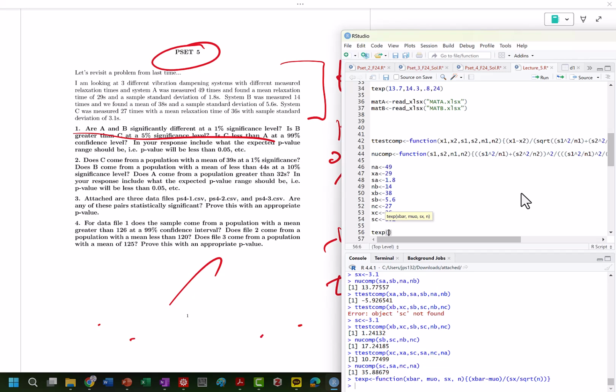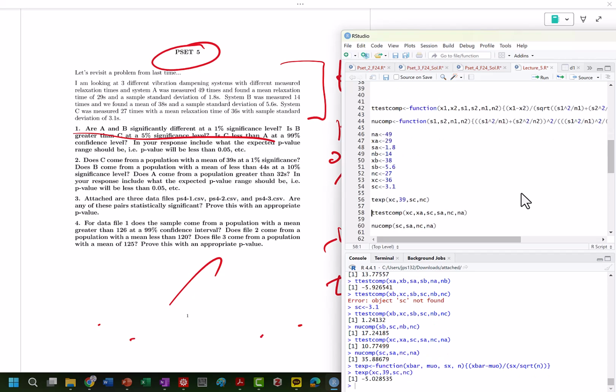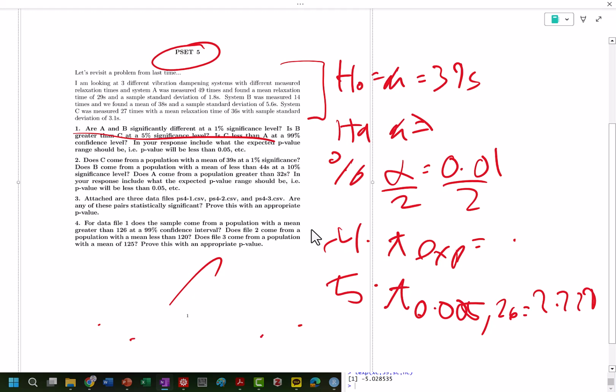Our x bar is going to be XC. Then it's going to be our mu naught, which is 39, and then SC, and then NC. When we do that, it's minus 5.02, which makes sense.